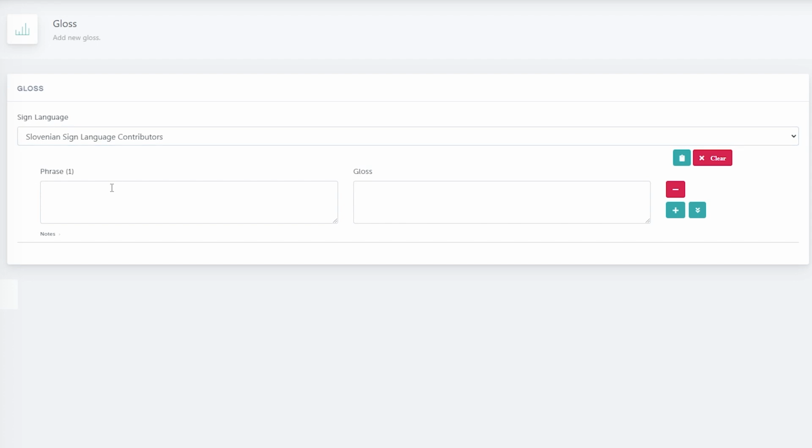On the right side, we have the same controls as before, so let us try to make one gloss entry. Let's put "I went for a run yesterday", even though this is not in Slovene, but for the purposes of this demonstration it should serve. Now in the gloss section, we would put something like "me run yesterday". For the avatar to be able to sign the 3 signs that are in the gloss, we have to make sure they were previously configured in TechWiz Studio. If they were not, we should add them pretty soon.